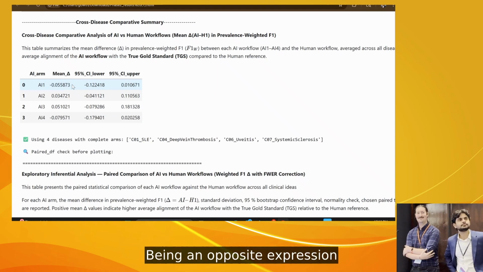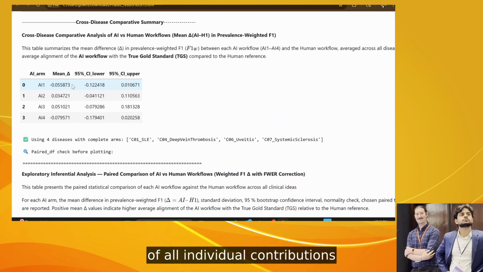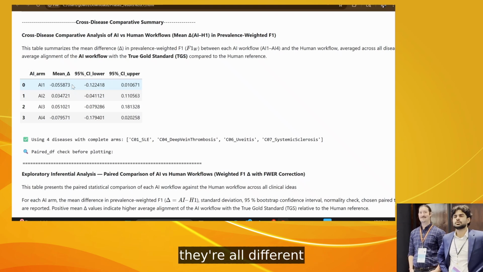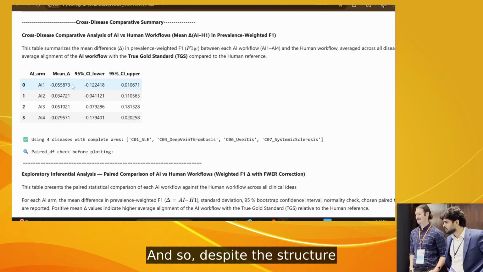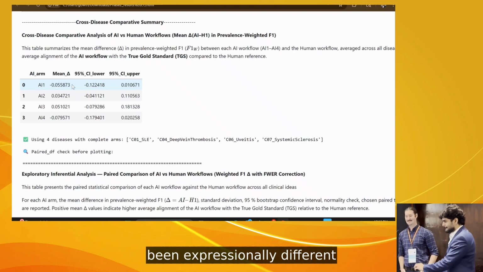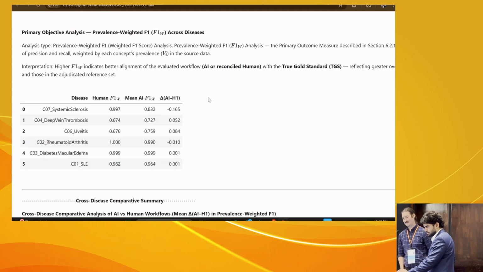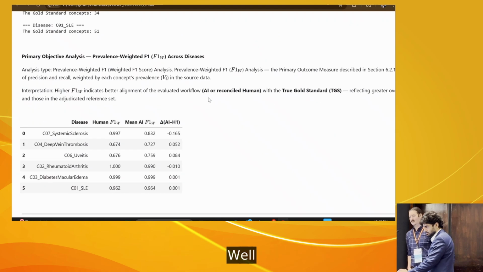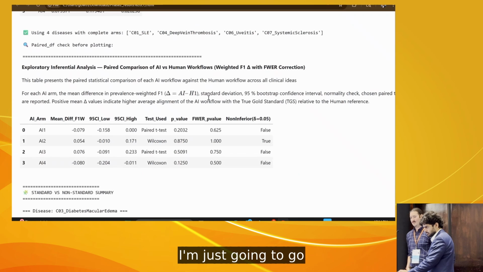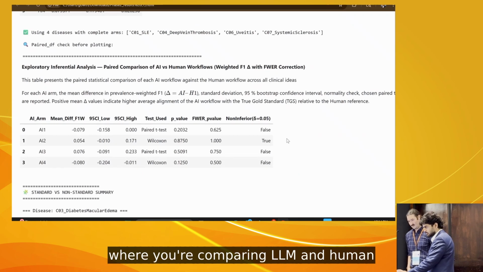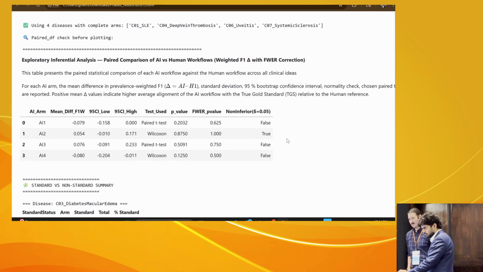Seeing the concept set expression of all individual contributions, they were structurally all different. Despite the concept expressions being structurally different, they have turned out to be similar. And that's interesting. What happens is that down in the table where you're comparing LLM and human,